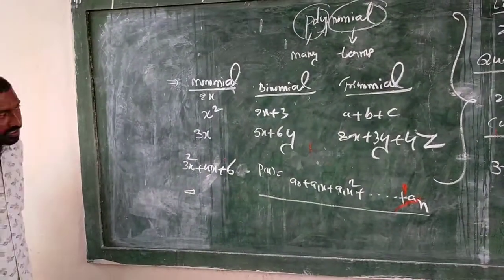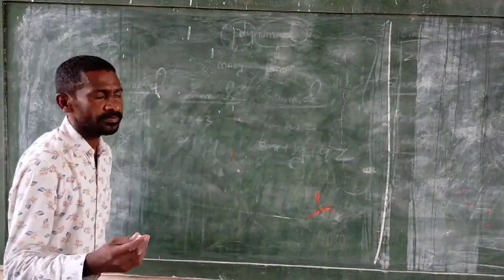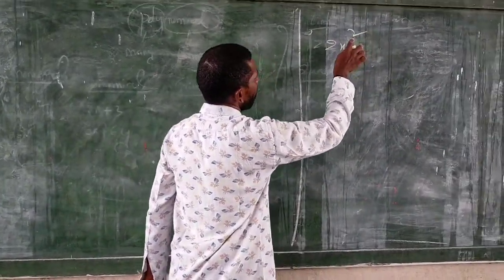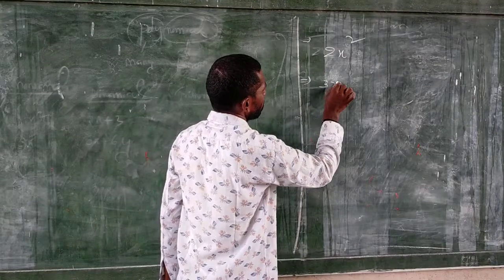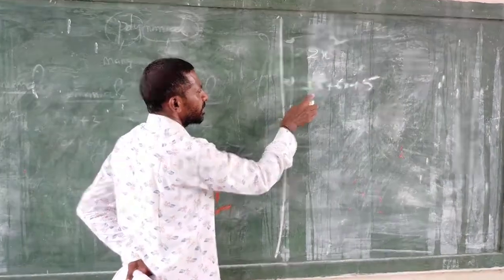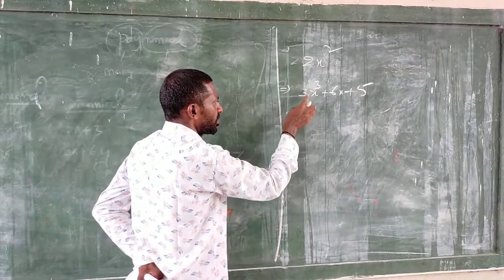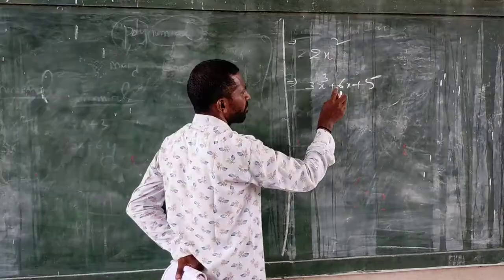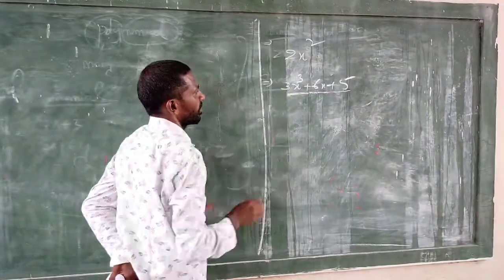And we say that for any example, 2x square means degree 2, x is a variable, 2 is a coefficient term. For example, 3x to the power of 3 plus 6x plus 5. So the highest degree of p of x is 3, and x is a variable. 3x cube means 3 is a coefficient term, x is a variable, 3 is a degree or exponent term, plus 6x, x variable and 6 is a coefficient term, plus 5 is a constant term.